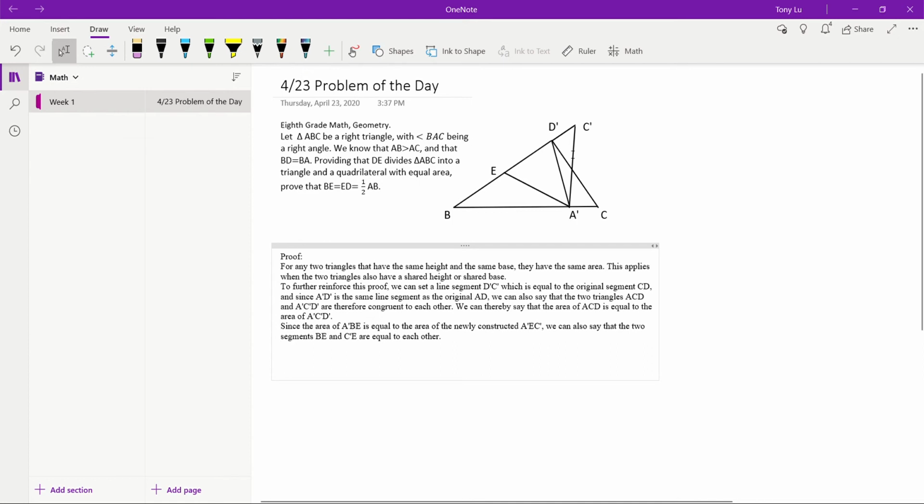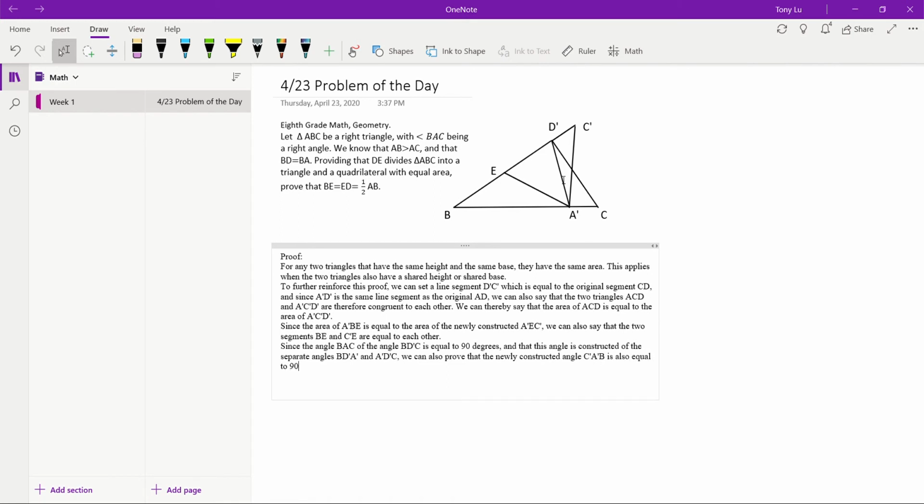As you see, remember that since the angle BAC or the angle BD'C is equal to 90 degrees, and that this angle is constructed of these separate angles BD'A' and A'D'C, we can also prove that the newly constructed angle C'A'B is also equal to 90 degrees. As you can see in the diagram above,